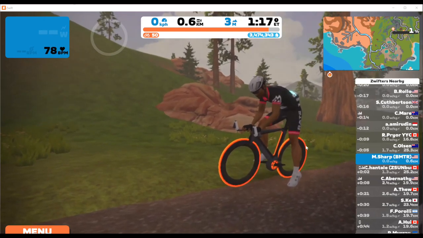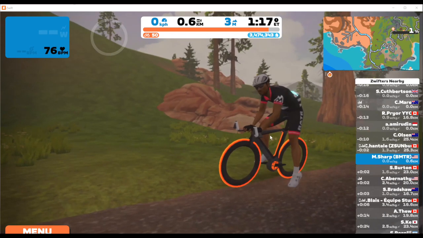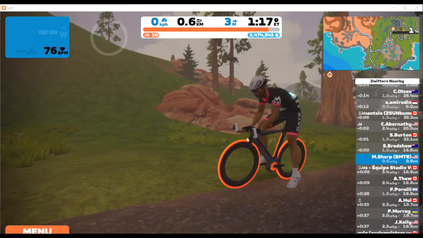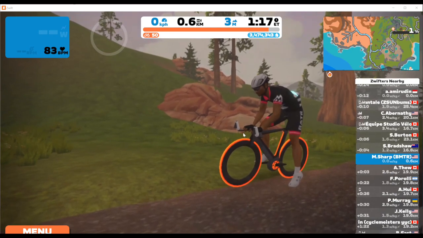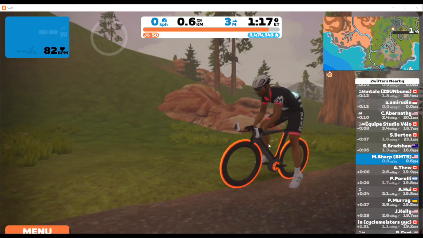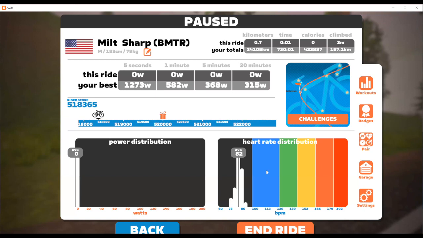Well, this is one of the only bikes that you cannot buy within Zwift. You have to earn this bike. Well, I'm sorry, it's not the only bike, but it is the bike that you want, that you have to earn in order to get. And the only way that you can actually get this bike is through a challenge within actual Zwift. And it's one of those things where no one told me about this. I had no idea about it and wish someone had told me sooner, because I would have gotten awarded the bike a lot sooner.